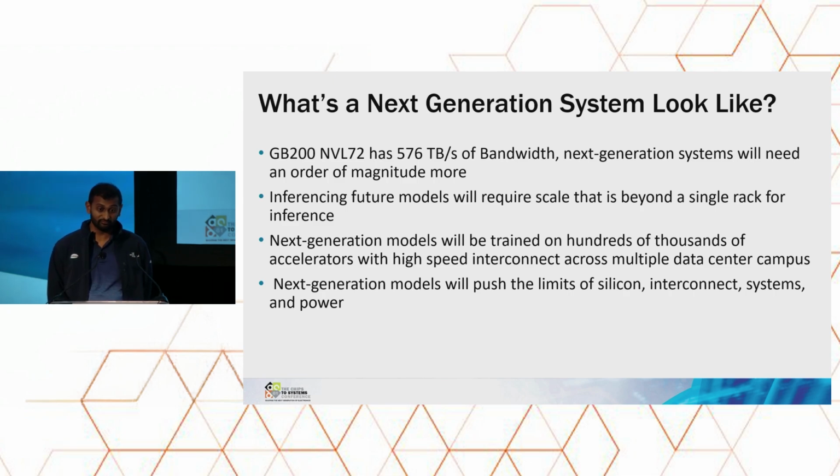The GB200 is 72 GPUs in a rack. It's a multi-million-dollar rack that NVIDIA wants to sell. Everyone's begrudgingly buying it. Why are they begrudgingly buying this humongous system, effectively a mainframe, when for the history of the last 20 years, servers have been commodity parts and a lot of them? So why are people doing that? Because you need the 576 terabytes of memory bandwidth that it delivers in a single rack. And in the future, as things keep scaling, it's going to get even crazier. And that has to be delivered just to serve a single model. Now you can serve multiple users, but